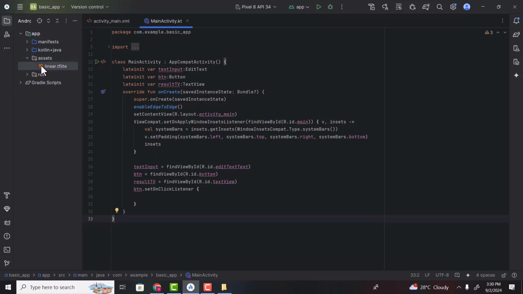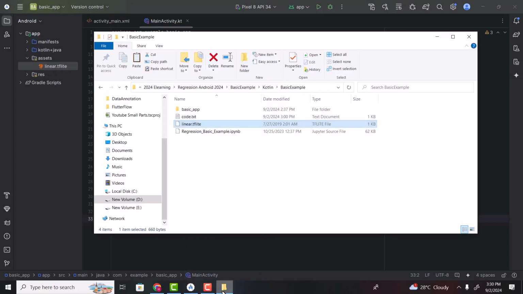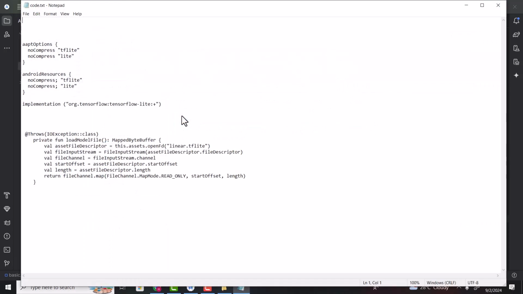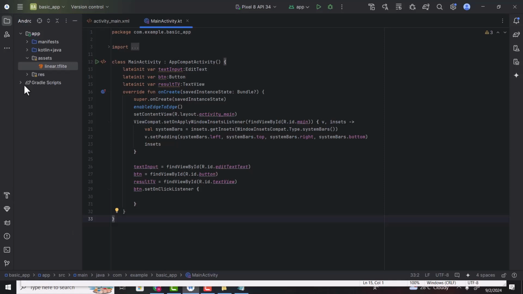And after adding the model, the next step is adding the library TensorFlow Lite inside our project. And to do that you can open the same folder which we opened earlier, and here you will find this code.txt. So inside it we got the dependency or the library which we need to put inside our project, and that library is this org.tensorflow lite. So here you need to simply copy this line and then open our application,